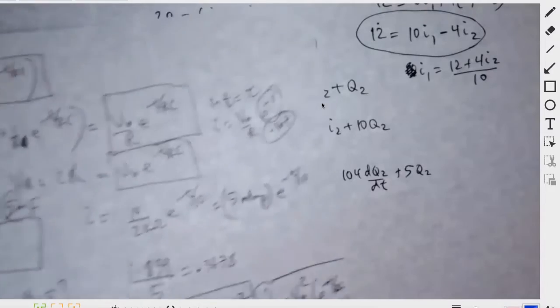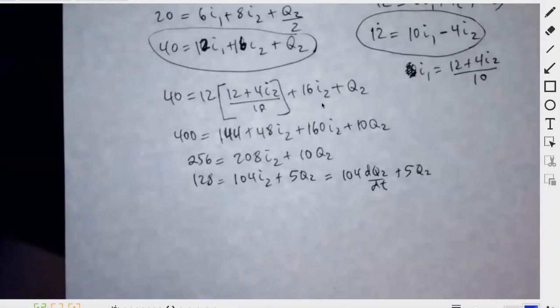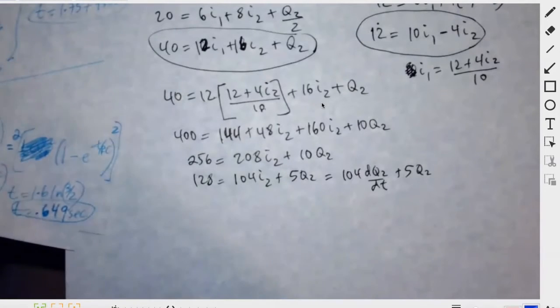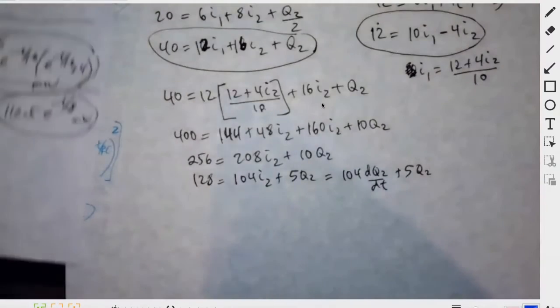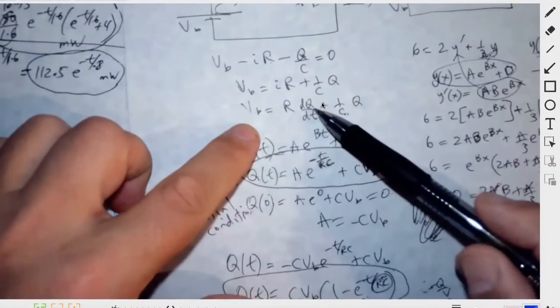When we first set up the differential equation, we have VB is R dq/dt